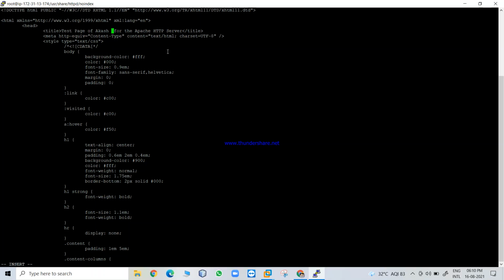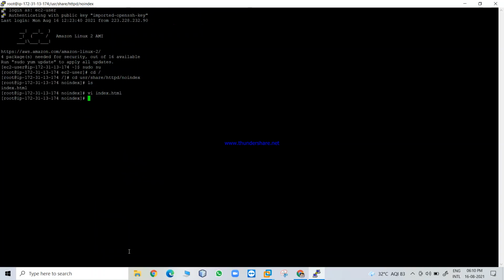Then we can change anything in this. Then we press escape. Then type shift colon wq.